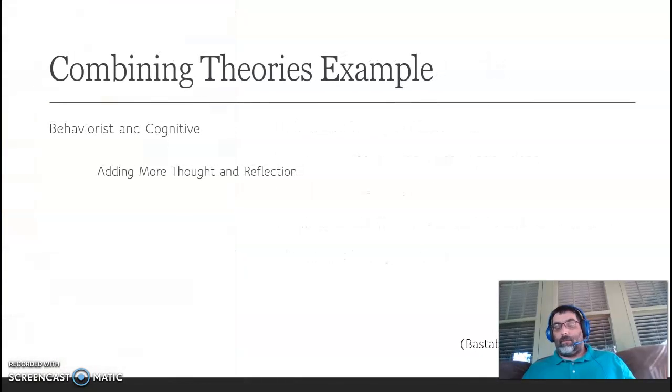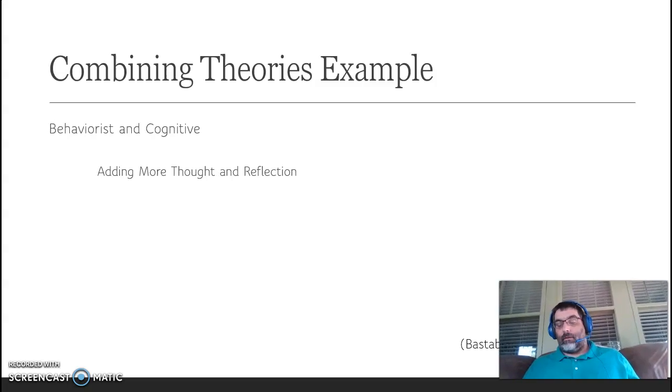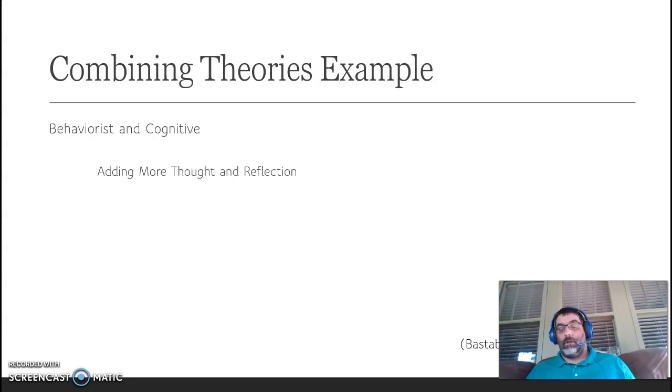All right, so the theories can be combined to help the learners learn material better. Bistilby state in 2019 states that behavioral theory can easily be combined with cognitive theory. This is done by adding more thought and reflection into the learning. So you're still using the reward, but then you're adding the thought and reflection to try to get them to use their own goals as well as